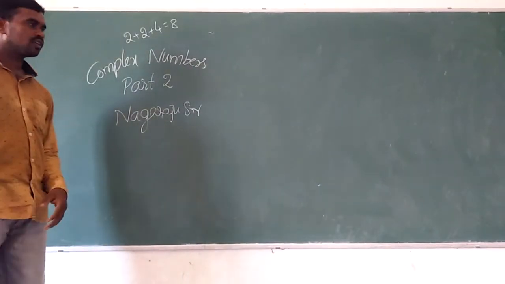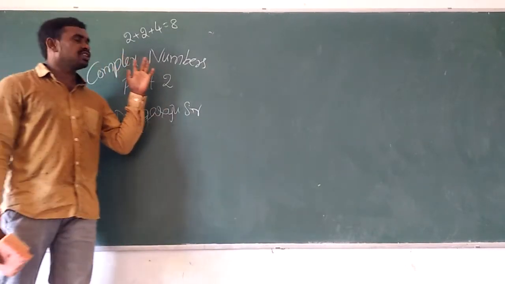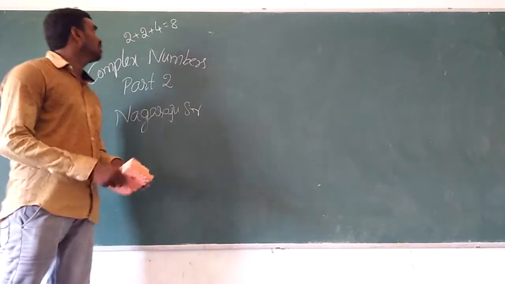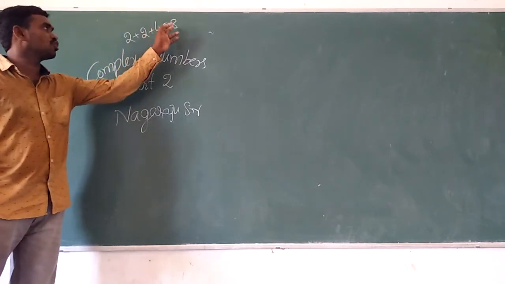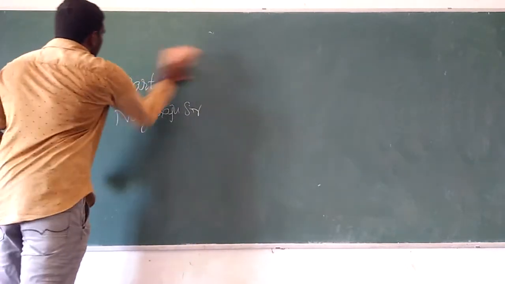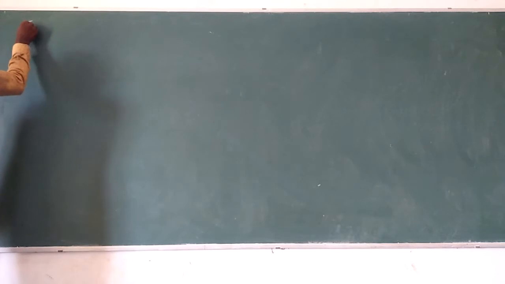In the part 1, complex numbers, introduction, and a few 2 marks questions were completed. Actually, this chapter consists of 2 marks questions and a 4 marks question, total 8 marks. So, based on this chapter, the continuation of part 1, that is, the 5th question is